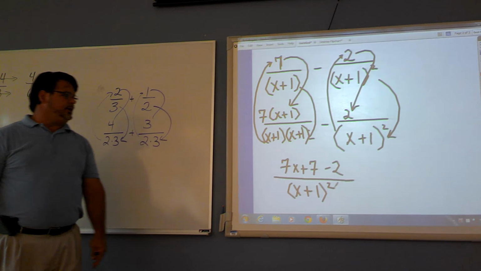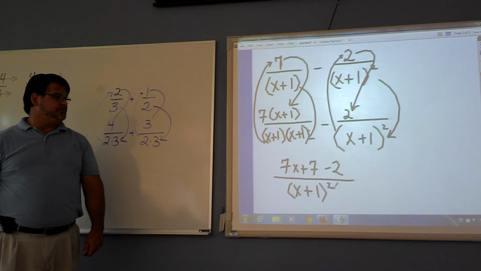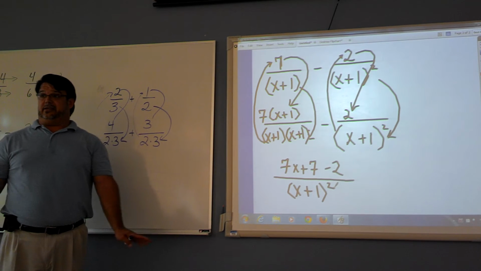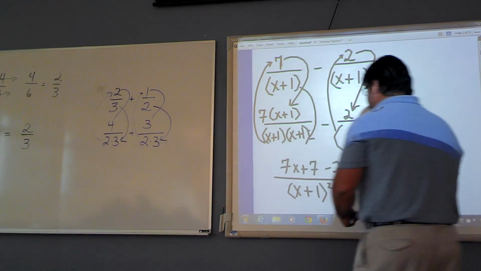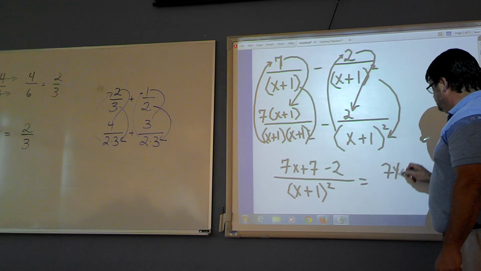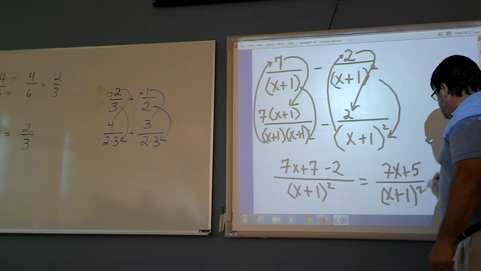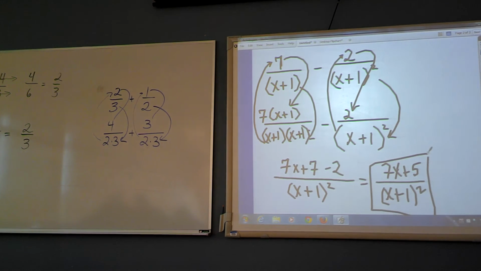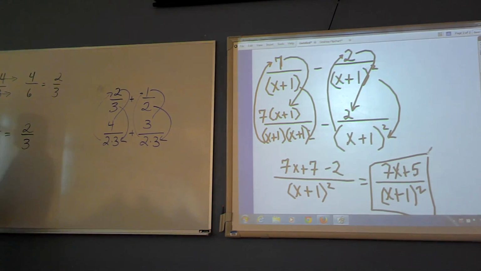All right, what can we do there? The -2. 7x minus 5, or 7x plus 5, and you can't do anything with either one of those. So your final answer is 7x plus 5 over x plus 1 quantity squared. All right, now, while you're writing that one down, let's go over here and let's do